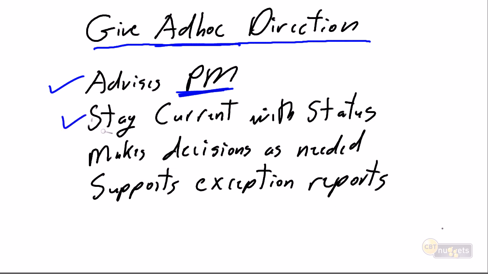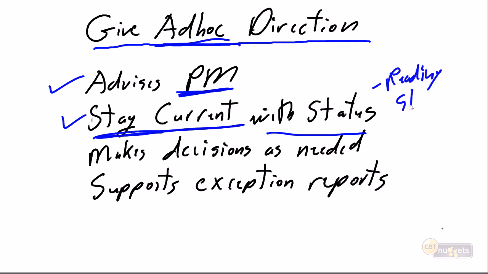But in order for them to do that, and this is where I really truly insist that I need my senior management engaged in my project, is they need to stay current with the status. I don't believe senior management can give effective ad hoc support if they're distant and removed. They have no involvement with my project for weeks or months or even quarters, and then all of a sudden a situation comes up that I need to go to them for ad hoc support. I don't want to have to spend hours or even days briefing them of where the project is. I want senior management to stay current with the status, and that's as simple as reading my status reports.